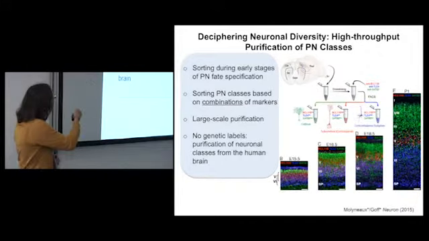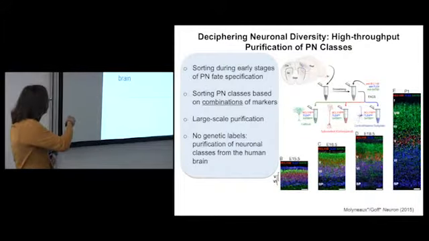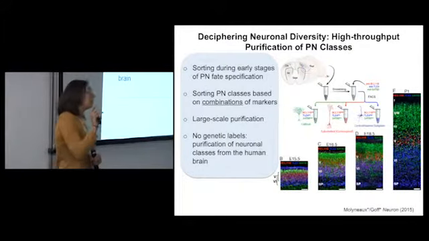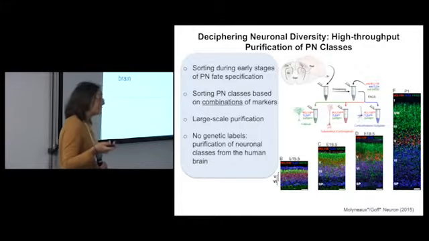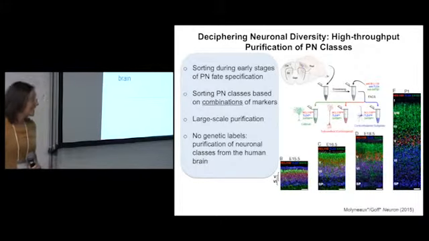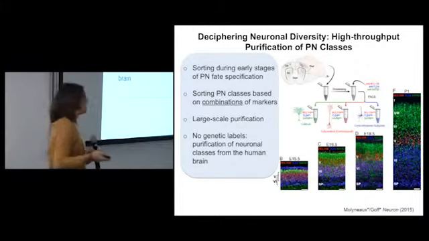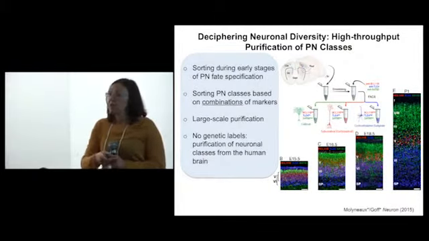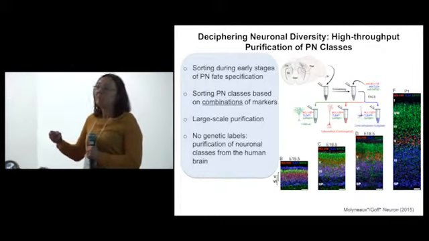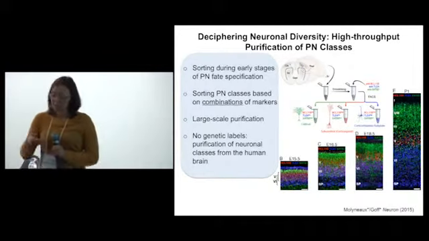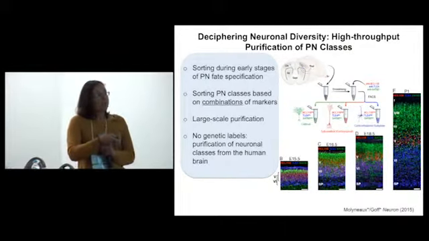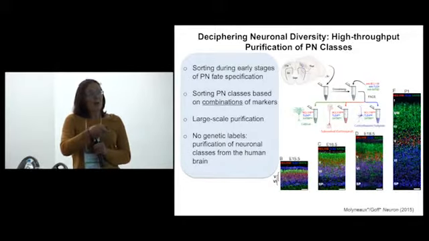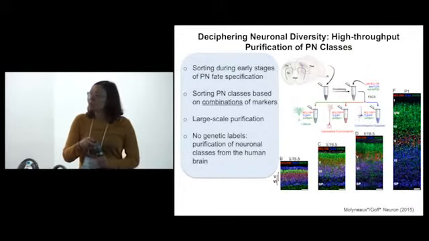Okay? So we need to get them when they're very, very early, mitotic. We need to use combinations of markers. So beyond individual genes, we need to be able to use many, many genes, 2, 3, 4, 10, whatever it takes to identify that specific class of neurons. We need to have a method that is scalable, because this has to go in high throughput really quickly for many mice across many different neuron types, and also to allow the isolation of a large number of neurons, because